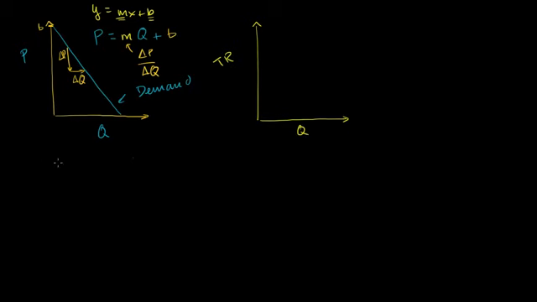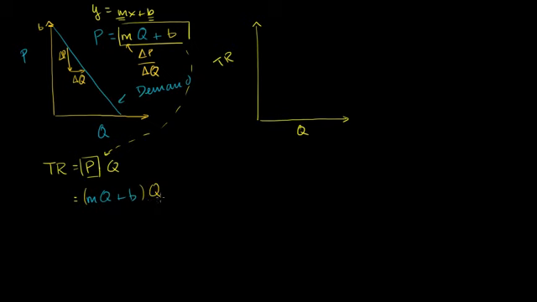Well, total revenue is just price times quantity. We've already written price as a function of quantity right over here, so we could take that and substitute it in. So we get total revenue is equal to mq plus b, and then we're going to multiply that times q, or we get total revenue is equal to mq squared